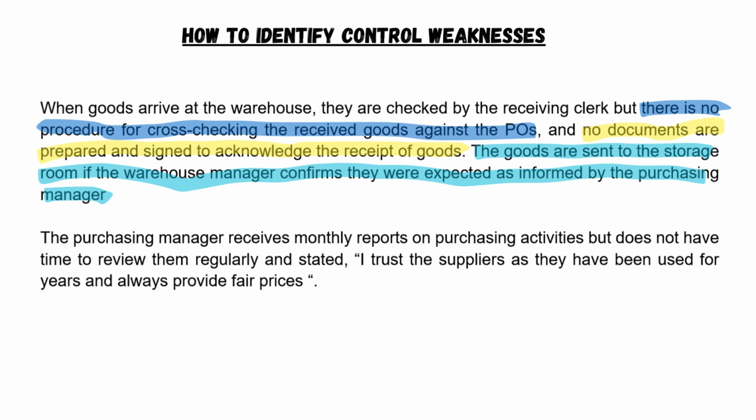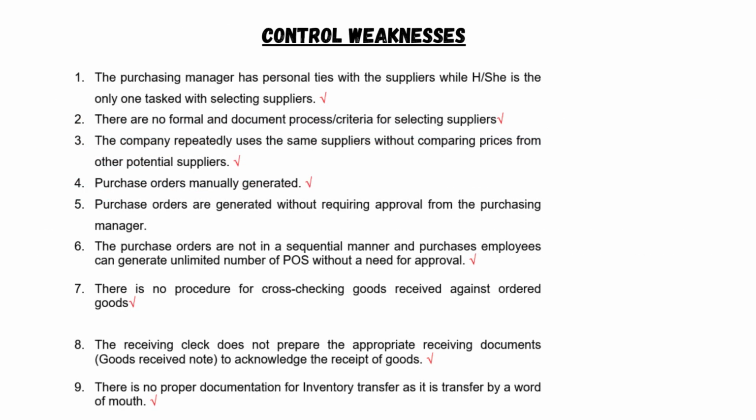That is also a weakness in the system of internal control. That means they only transfer goods by word of mouth. They don't do the comparison, the three-way match of checking the PO, the delivery note, and then the goods receipt note that they prepare, to ensure that these are the correct items before transferring them to the warehouse. But here they use word of mouth, where the warehouse manager confirms with the purchasing manager that these goods were expected, and then there are no transfer documents used to transfer those items into the storage